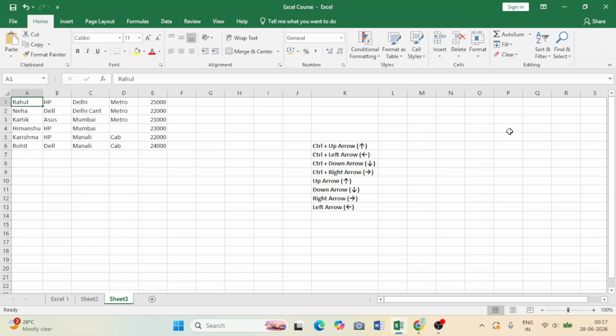These shortcuts help you navigate large worksheets quickly. Here it is obviously a small data sheet, but when you will be working with real data, it will be large, like large spreadsheets, so you have to work quickly on those things. Before concluding, we learned today that using Control plus arrow keys is one of the fastest ways to move around in Excel. Practice the shortcuts every day, and soon they will become your habit. In the next video we will learn another useful Excel feature that will help you to work even faster.